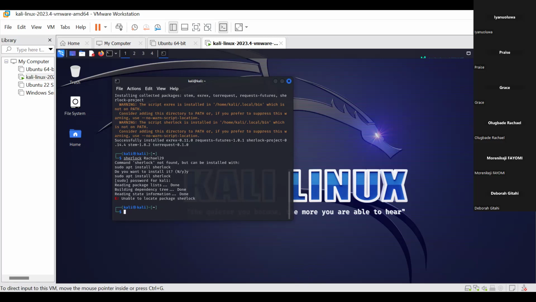Okay, you can't find Zoom, right? No problem. Let me just call out the command for you.